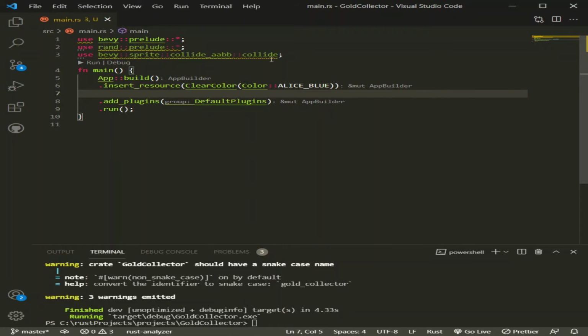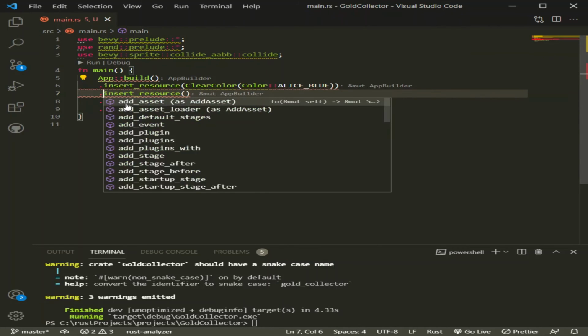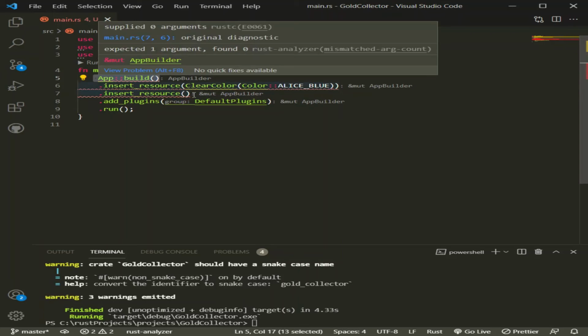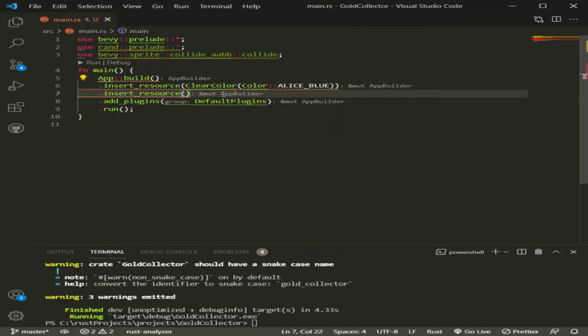Now we want to change the rest of the information about the window. We can insert another resource. As you can notice, I'm just doing dot and bringing all these things up. It's because whenever I do dot insert_resource or add_plugin or add_system or anything, it returns a mutable app builder. So it's returning this app builder every time. So I can just chain them together basically. I can do insert_resource, and then we're going to put in the WindowDescriptor,